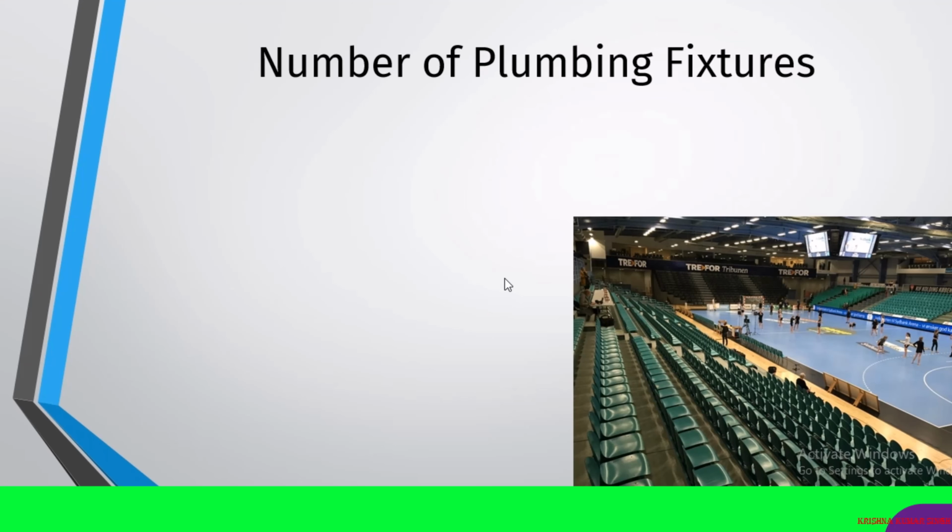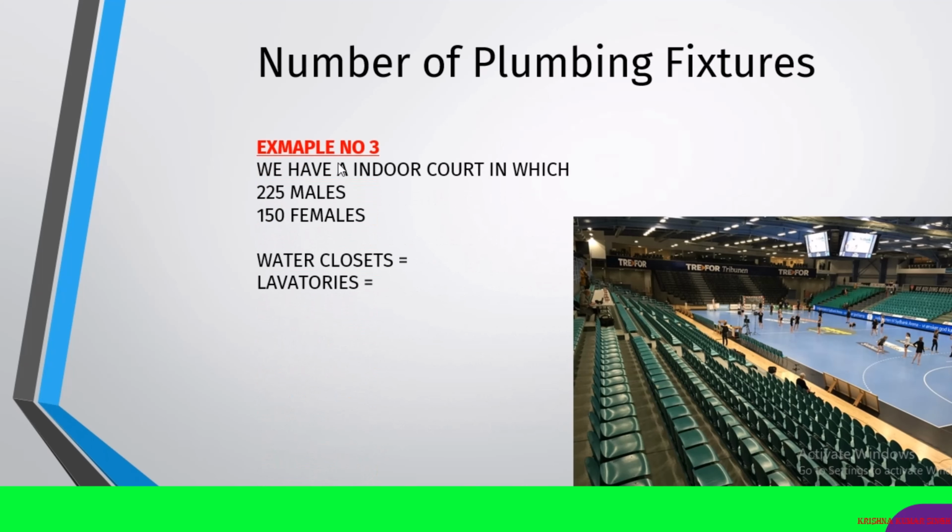Now the third example is for an indoor sports arena. How to calculate the number of plumbing fixtures in an indoor sports arena. We have an indoor court with 225 males and 150 females. This is our rough estimation, right? Every design engineer has their own